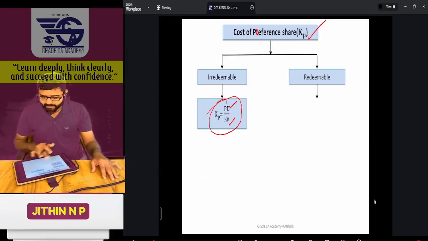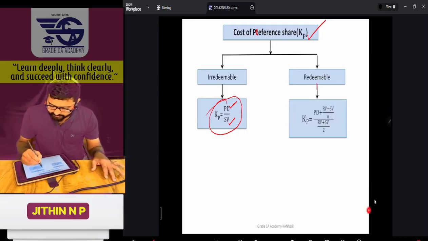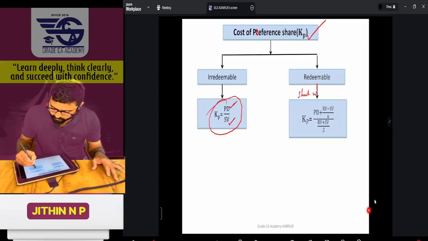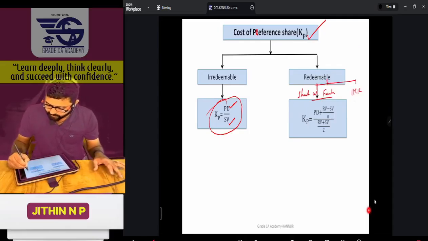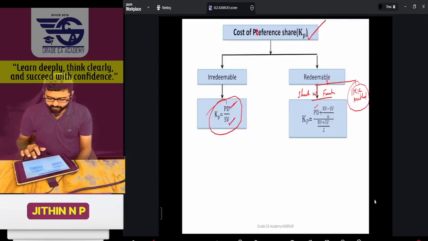Okay. Redeemable preference shares are the same as redeemable debentures. Two methods: one is the conceptual method, the IRR method, and the other is the shortcut formula. IRR method is the IRR method as we discussed in capital budgeting. The shortcut formula is the same formula we discussed in KD: PD plus RV minus SV divided by N, whole divided by RV plus SV divided by 2. Clear? Here PD means